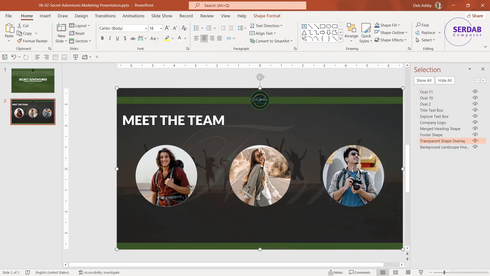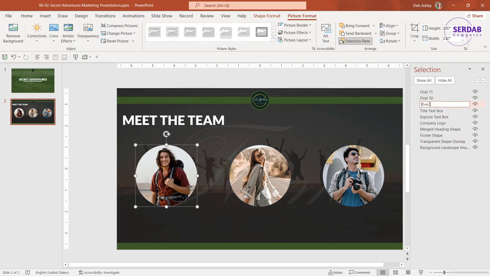So now that I have my three team members, I'm going to rename the objects in the selection pane. So where we have Oval 2, I'm going to switch this out, and this is going to say Noah Hardy. The next one is going to say Lucy Saunders. And then finally we have